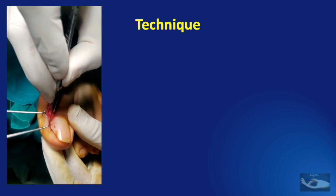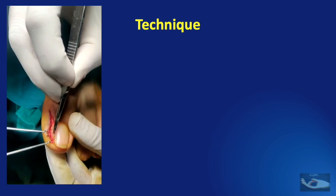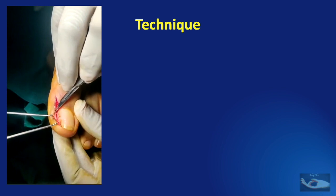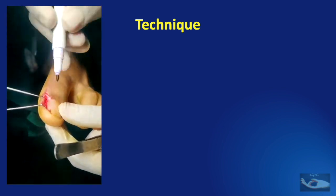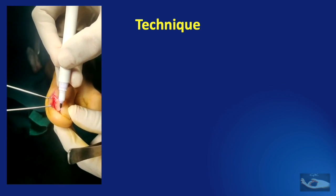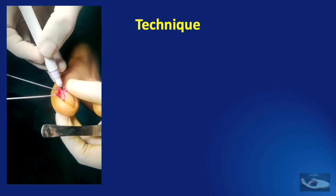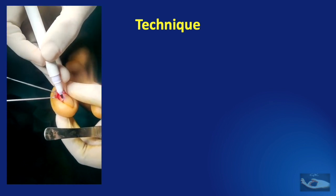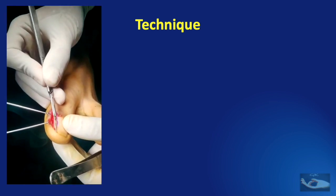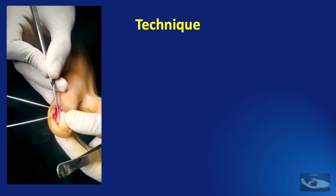There may be adhesions between the lateral nail fold and the nail plate, and these too should be released. This is continued till the tip of the nail. Now the segment of that nail plate and matrix that is going to be excised is marked. It extends from the tip of the nail to the base of the nail bed under the raised proximal nail fold flap. The incision on the nail plate is made with the number 15 knife down to the bone through